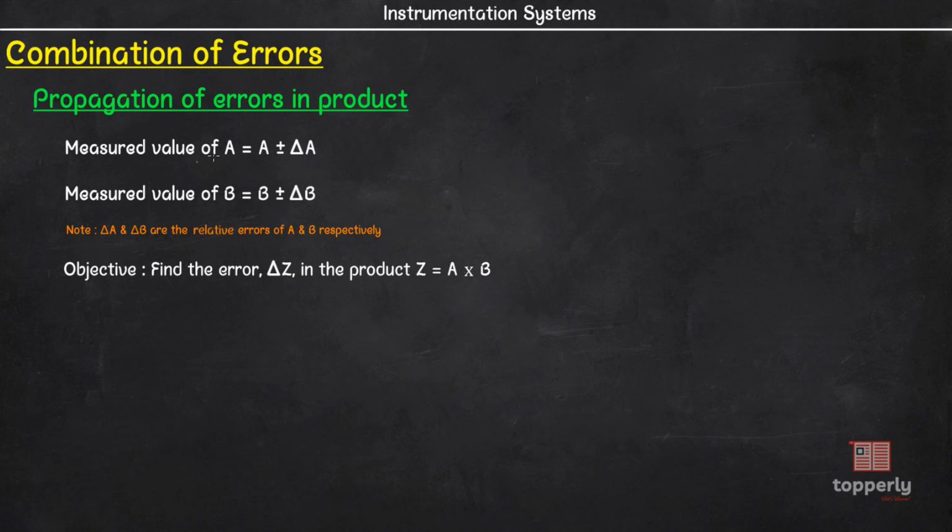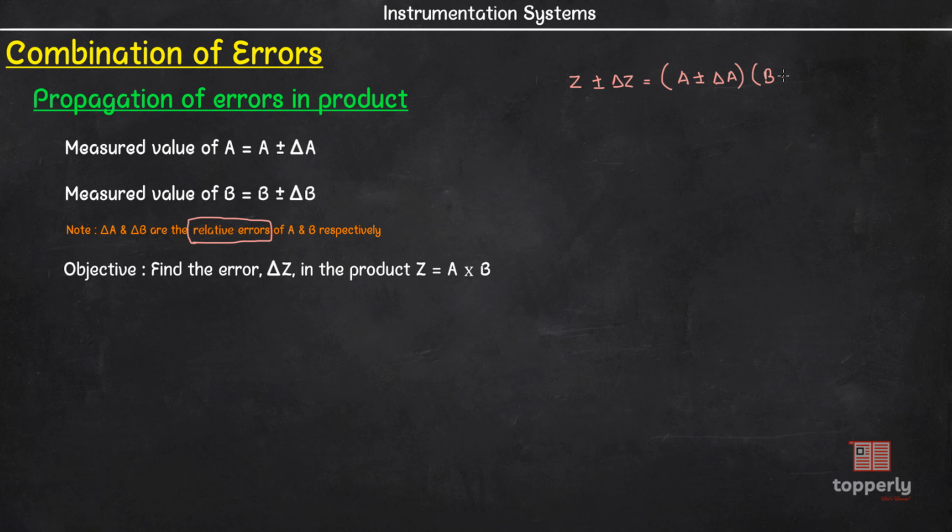As always, the measured value of A is A plus or minus delta A, and the measured value of B is B plus or minus delta B. However, this delta A and delta B are the relative errors of A and B respectively. Always remember this. Okay. Now our objective is to find the error delta Z in the product Z equal to A into B. So we have Z plus or minus delta Z is equal to A plus or minus delta